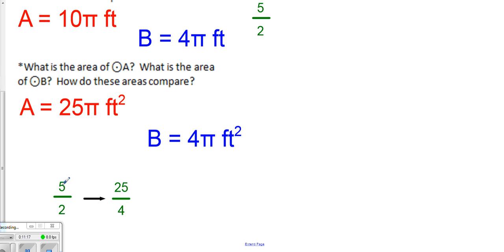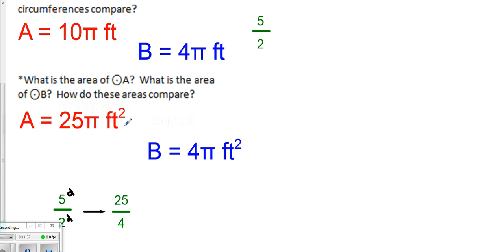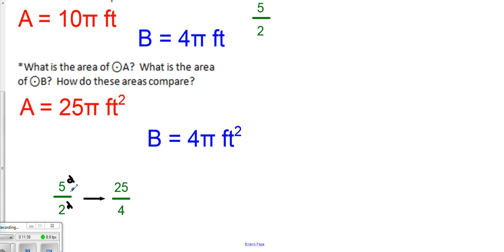Now notice, like I said, it's not 5 halves, but if we took 5 and squared it, and took 2 and squared it, 5 squared is 25. 2 squared is 4. Also, what's interesting about that is this is in feet, this is in feet squared. So this squared comes from the fact that we're in 2 dimensions. We're using square feet, not just feet. If we were just using feet, it's 5 to 2. If we're using feet squared, it's 5 squared to 2 squared, or